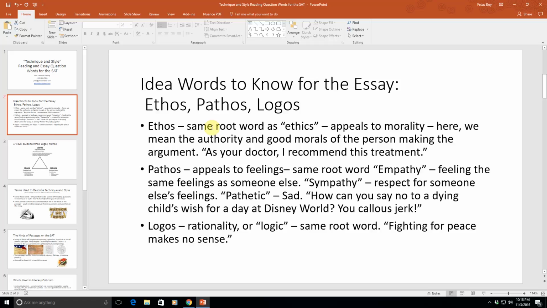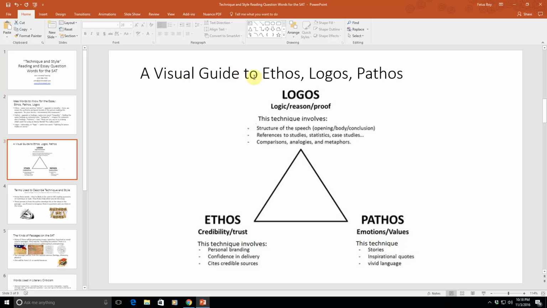Logos is rationality or logic. It's the same root word as logic. So if you said, well, fighting for peace doesn't make any sense, peace is the absence of fighting, that would be logic or rationality. So if we move on to the next page here, we have a visual guide to